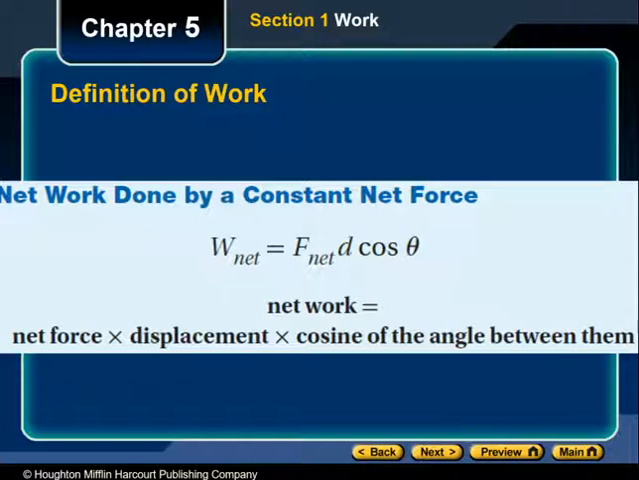Finally, if many constant forces are acting on an object, you can find the net work done on an object by finding first the net force on the object. Work has the dimensions of force times length. In the SI system, work has a unit of newtons times meters, represented as capital N times M, or joules, represented by capital J. To give you an idea of how large a joule is, consider that the work done in lifting an apple from your waist to the top of your head is about 1